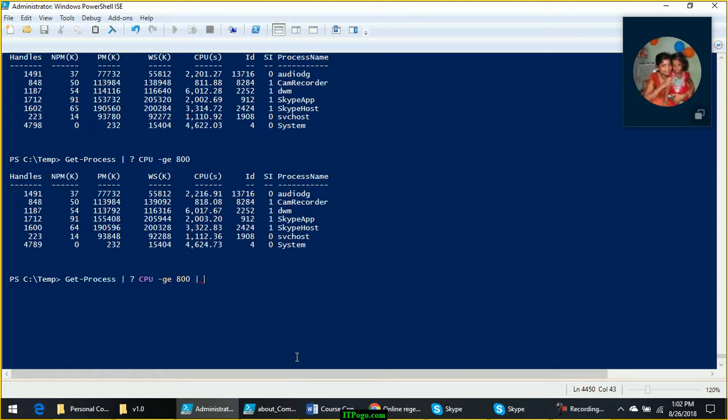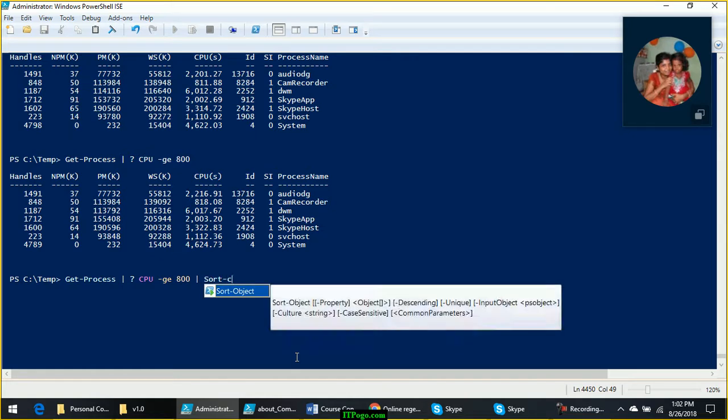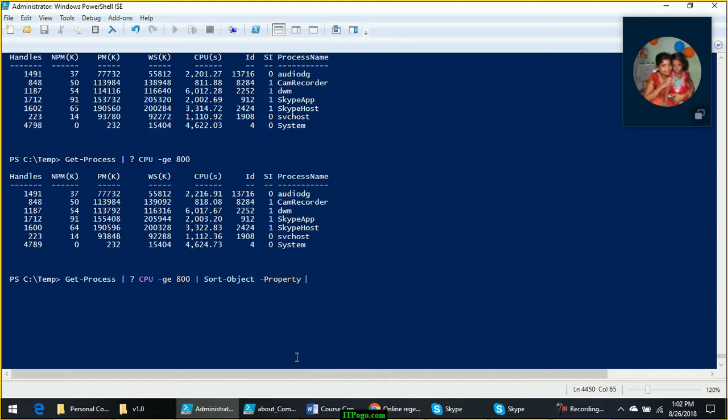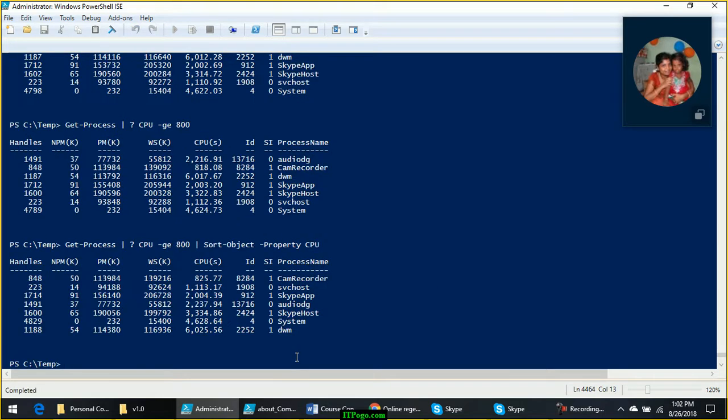So you will pipe it to sort-object, property CPU. Now it is sorted, but how many items does this command have to sort? 1, 2, 3, 4, 5, 6 and 7 items only, right?